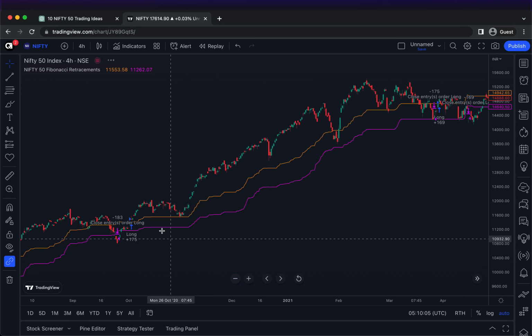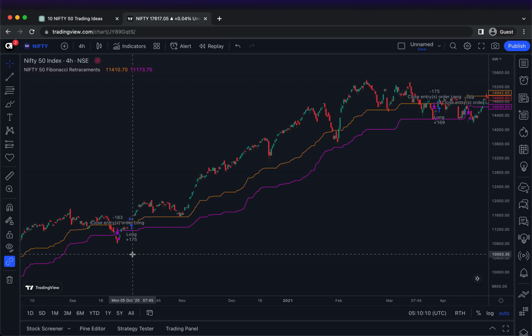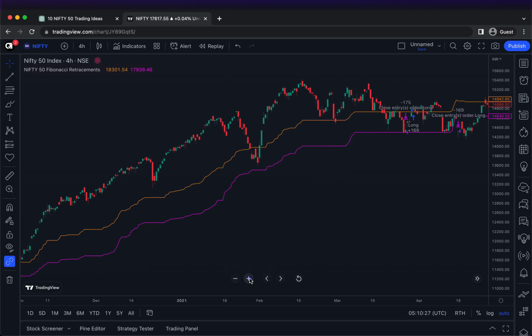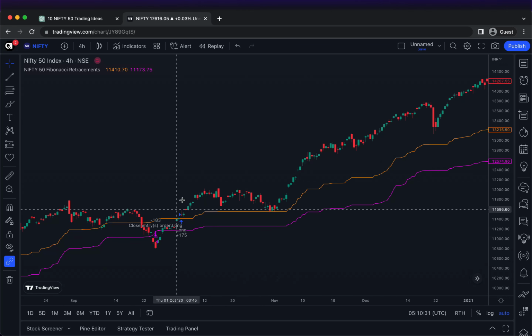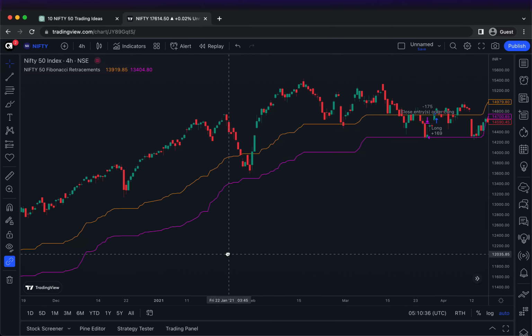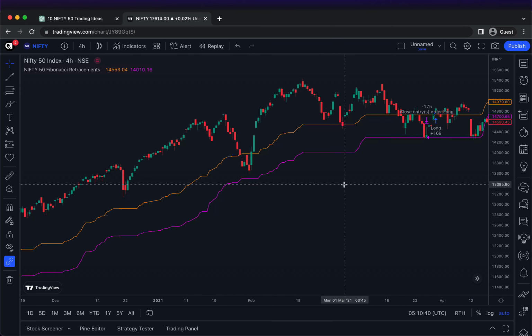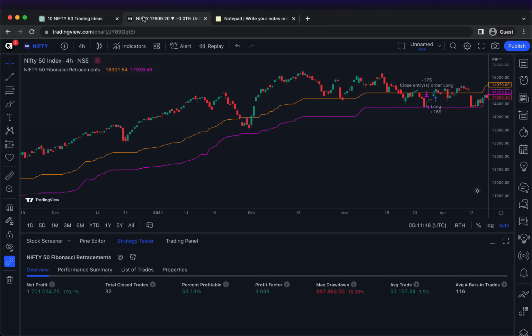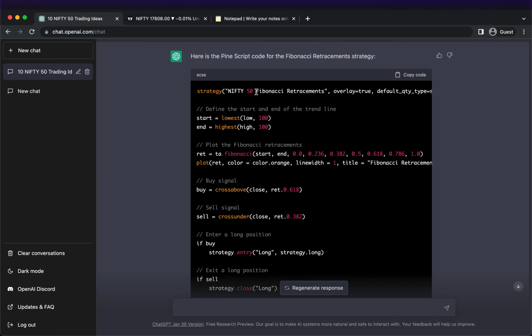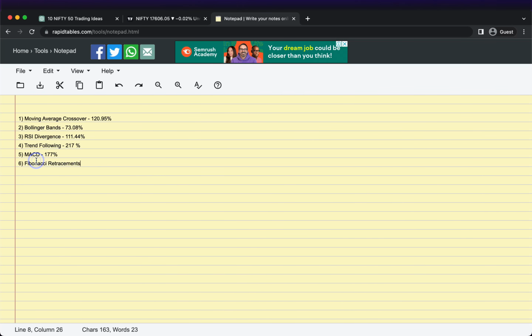You see, the trades happen quite rarely, but they are mostly profitable, which means that's quite a strong signal, right? So we're making 170%. So let's put it in our records, and let's go to the 7th trading strategy,